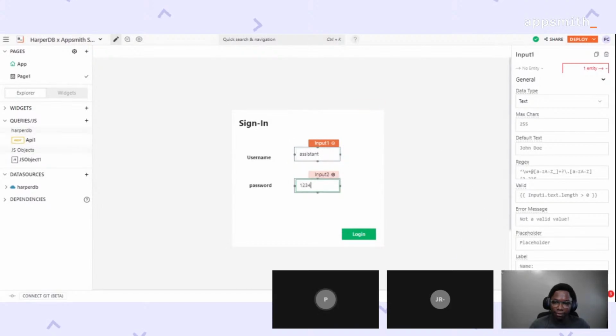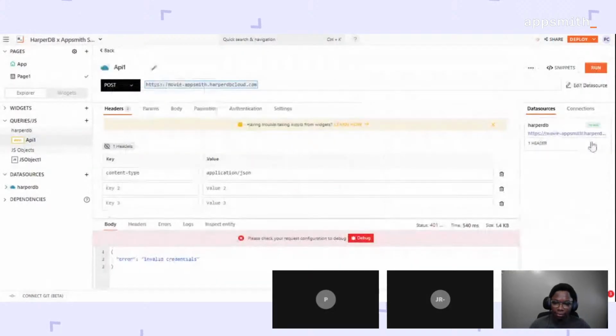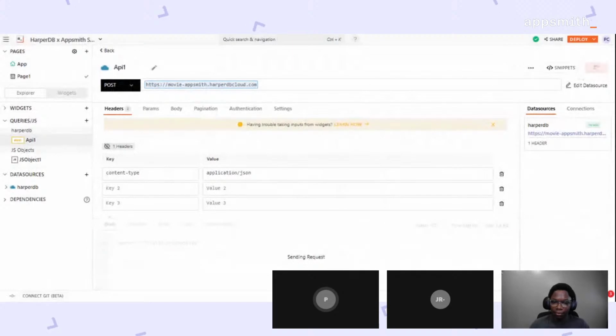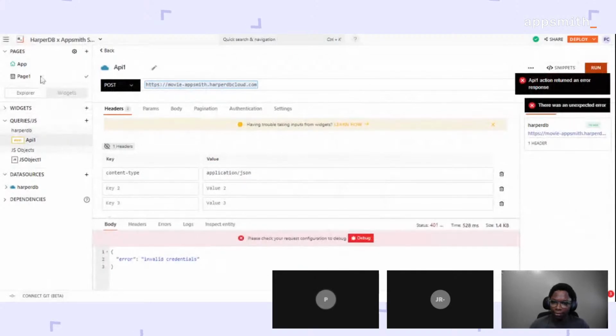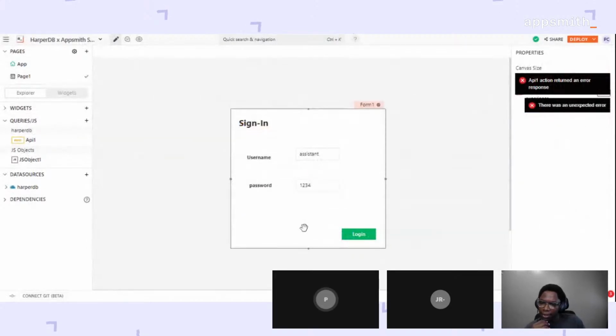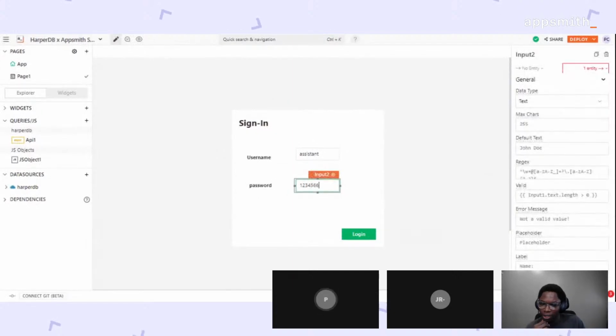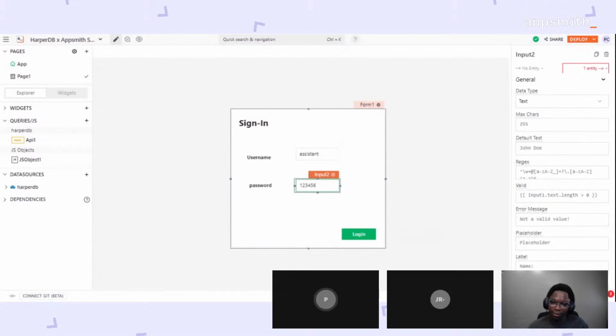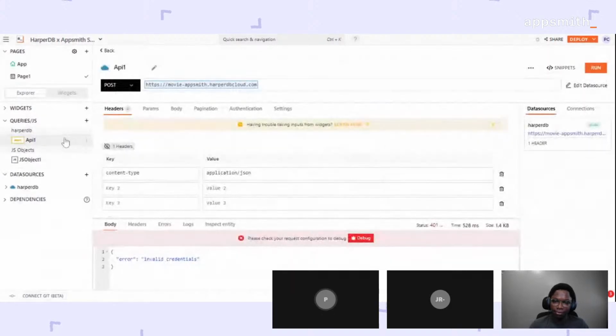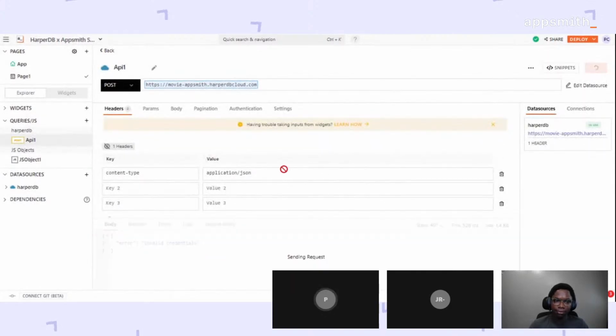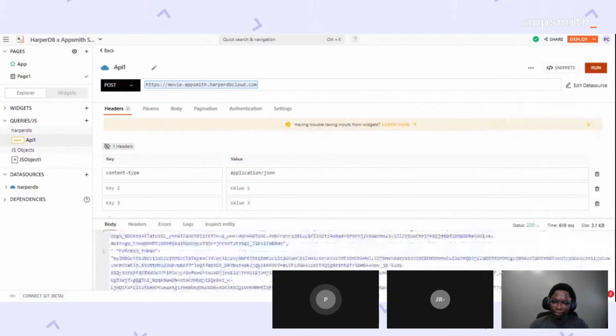If I go back to the API, I fill the form, I go back to the API and I send a request. Did I get the password right? Yeah, I think it's 1 2 3 4. Yeah, all right. If I add this password and I go back to the API, all I have to do is just click run, and you see I should get